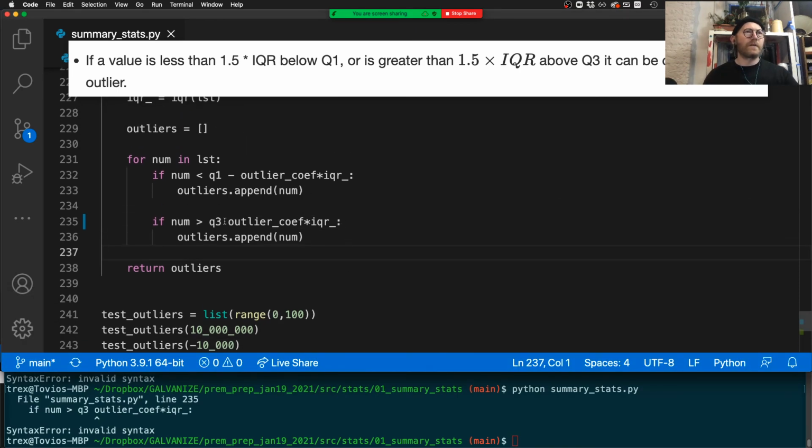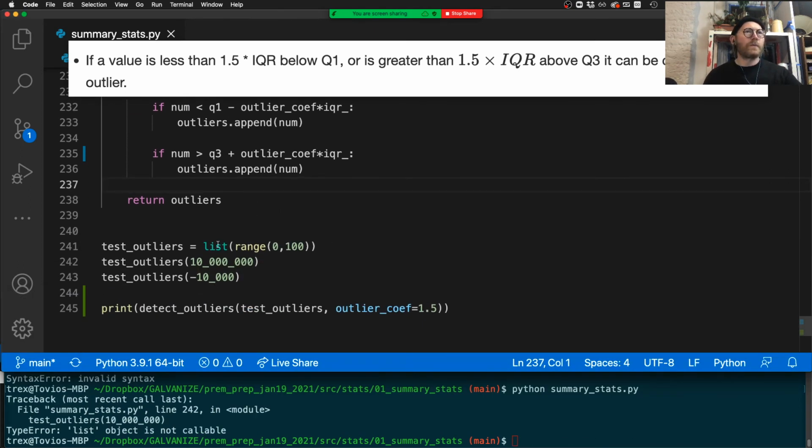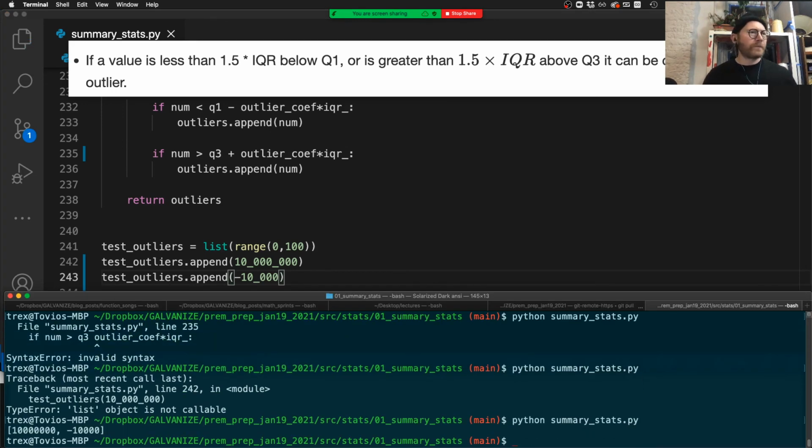Where did I do that? Oh. List object is not callable. Oh. Let me make sure I am appending and not just trying to call that list like it's a function. There we go. And so, you know, it shouldn't be too much of a surprise that we got these numbers